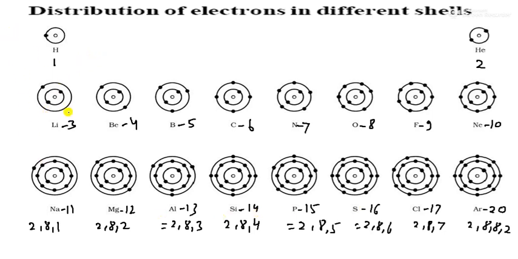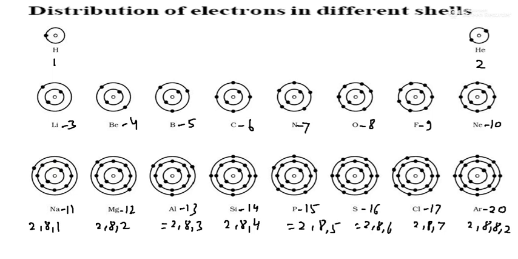This is the lithium structure, beryllium structure, boron structure, carbon, nitrogen, oxygen, fluorine, neon, sodium, magnesium, aluminum, silicon, phosphorus, sulfur, chlorine and argon. You also have to learn the symbols and names of all of these. Without learning the structures and symbols, you will not get anything. So you have to learn this completely, and it is necessary for your chemistry, otherwise you don't know the chemistry. Now come to the next.